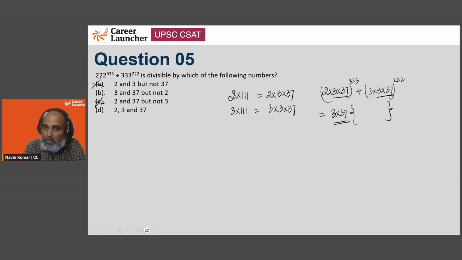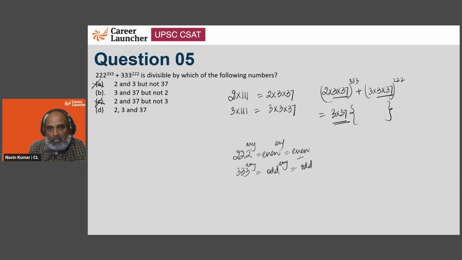Now, the difference between option B and D is that in option B, 2 is not permitted. In option D, 2 is also allowed. Let's see if we can take out 2 common. So 222 is an even number. To the power anything will always result in an even number. Similarly, 333 is an odd number, and odd to the power anything will